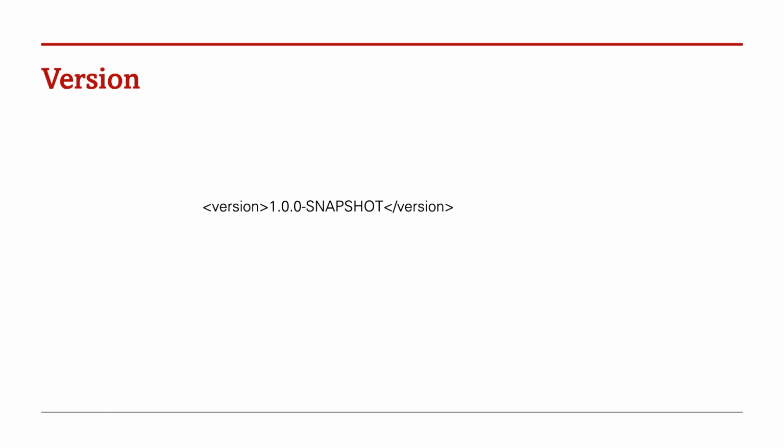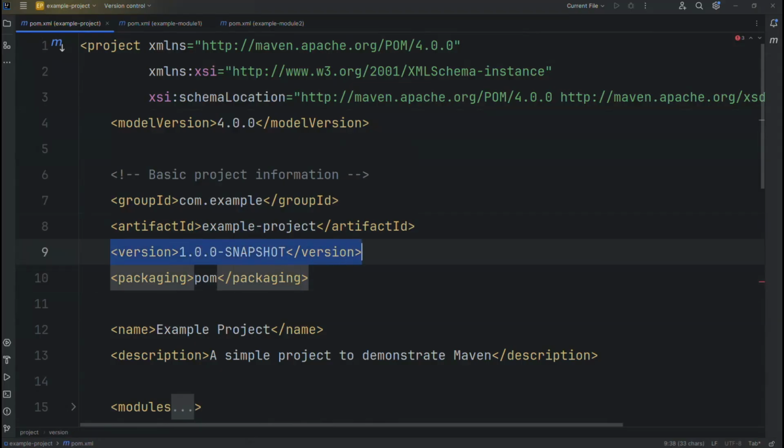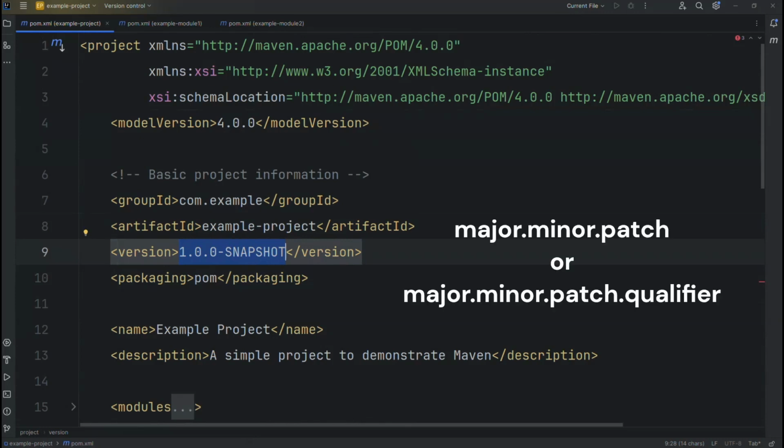Version specifies the version of the project. Maven supports fixed versions or dynamic versions. The version element in a Maven pom.xml file specifies the version of the artifact being built. It indicates the current release or iteration of the artifact. The version number follows a specific format, usually in the form of major.minor.patch or